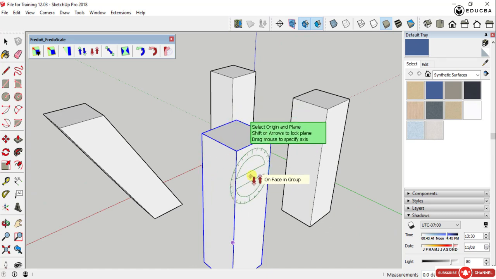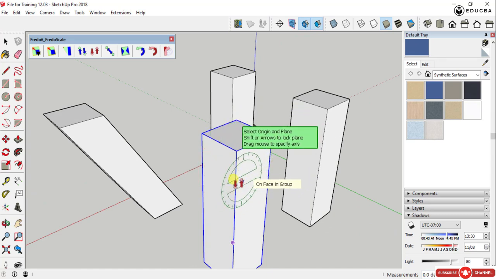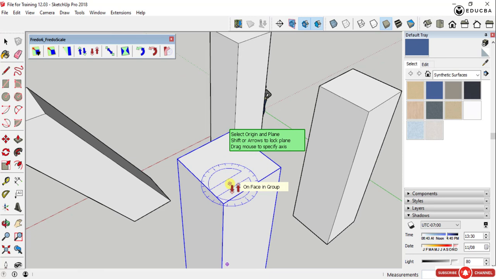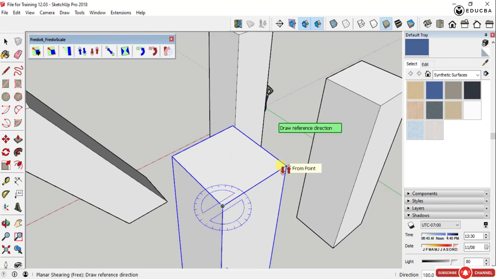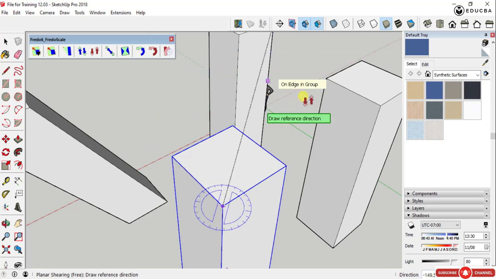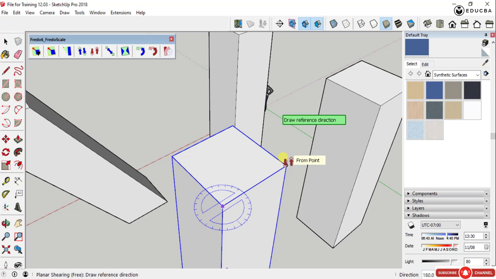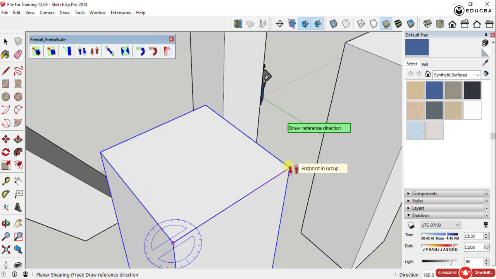Colors of the rotating scale are changing. So if I click, you can see a line is activated, which is free without clicking any points or the cursors. I bring it along the surface that I want it to be. And the moment I click, you can see